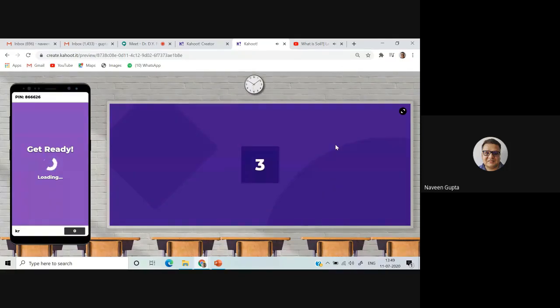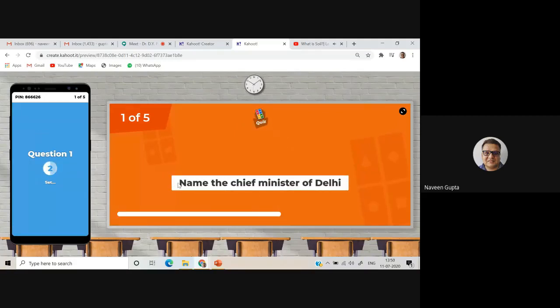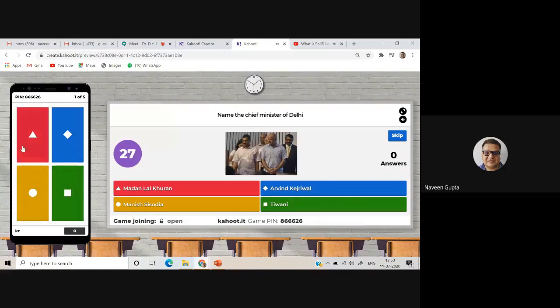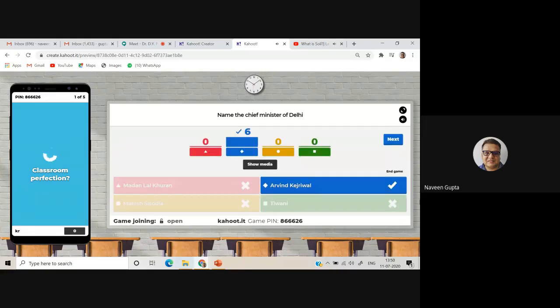Class 7 social science. I can mark. Now you can see my screen. Name the Chief Minister of Delhi. The question appears. Here are the answers. Now how can I use it? I can use, like say Arvind Kejriwal. I was telling you about the color. So Arvind Kejriwal is in a blue color. You need to click here to mark this answer. So this is the way you need to tell them. The first time it will take time to cover. The second time students will understand what they need to do.